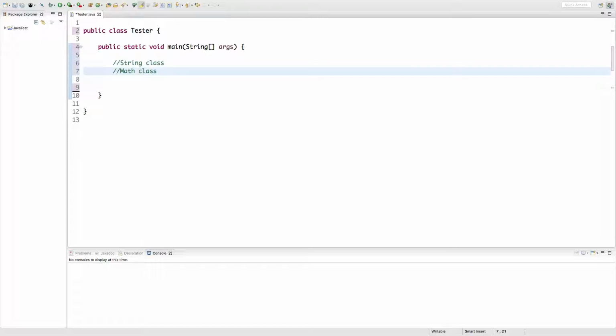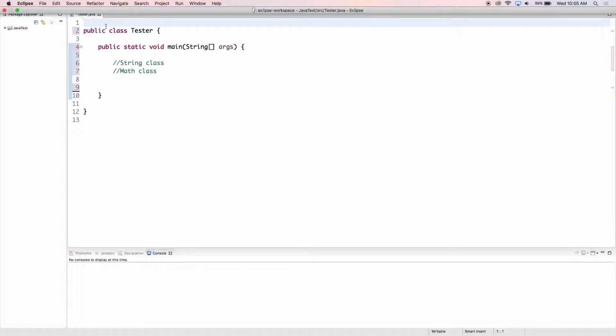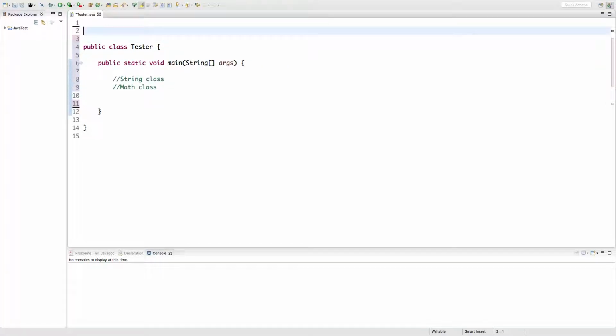The scanner class, however, is a huge class, and it takes up a lot of files. So what they do is they don't build it into the main library. You have to import it. So what we're going to do is we're going to go up here above the class. Now, above the class, but below the package. So those of you who have the package there, it's below the package, but above the class. And I'm going to do my first import statement. I'm going to say import